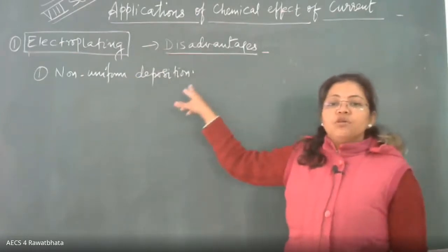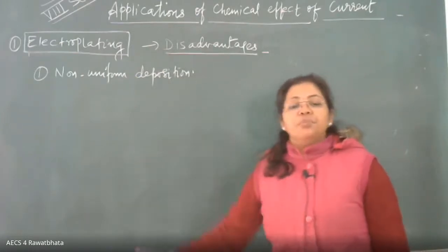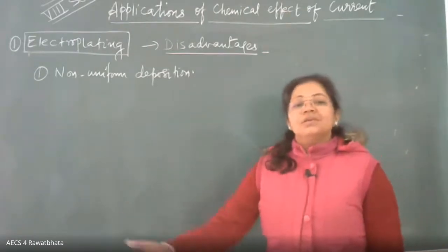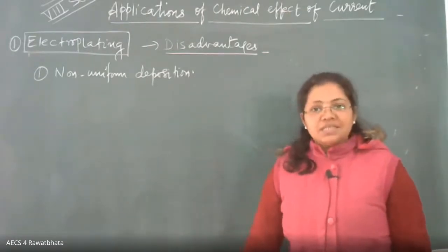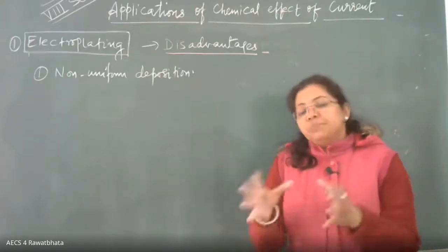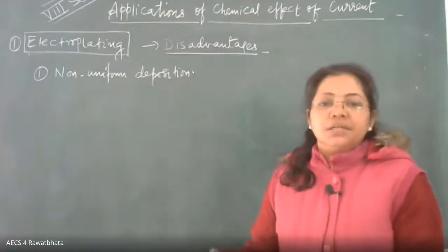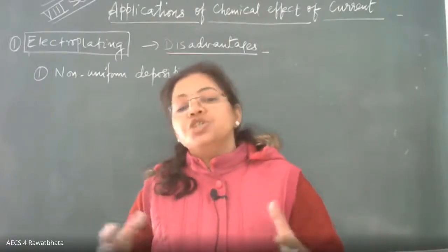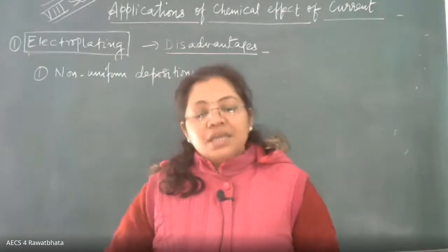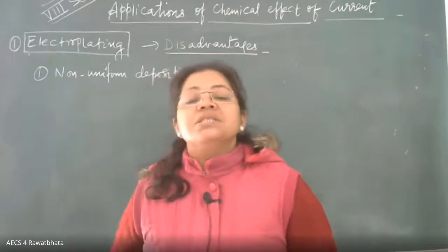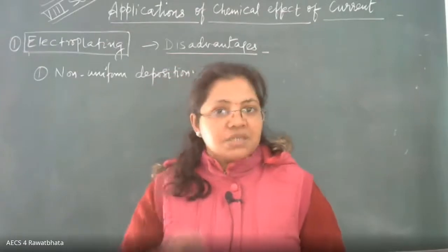Now when it is not uniform, then a secondary treatment is given to this deposited layer, and that also increases the cost of production. And sometimes the deposition becomes so uneven that the product is discarded, and we have to start with a fresh new material and a fresh new deposition. So again, it leads to wastage, and it also increases the cost of production. That is the first thing, right?